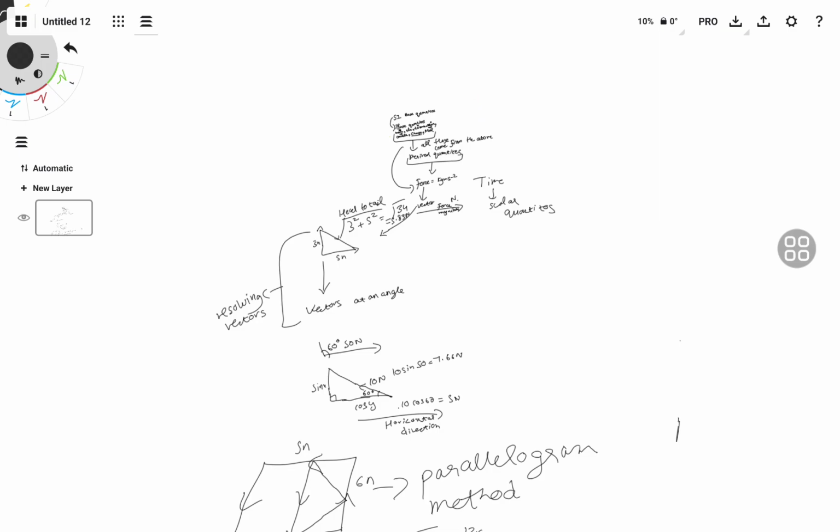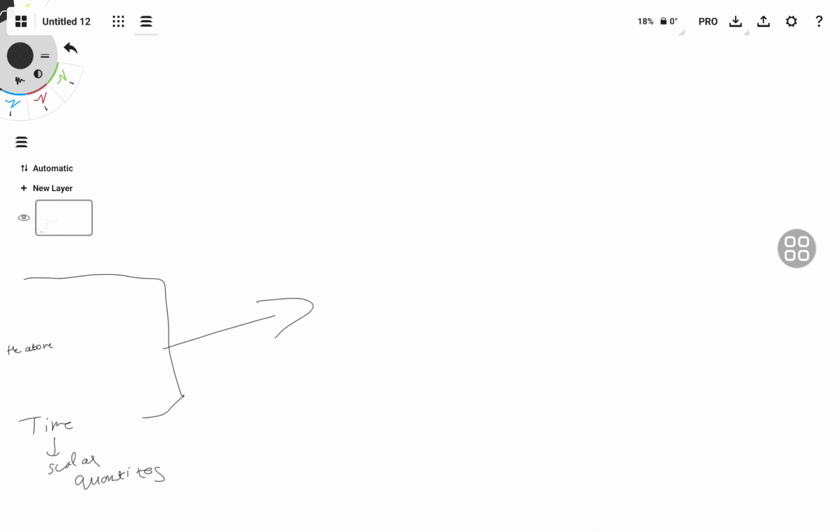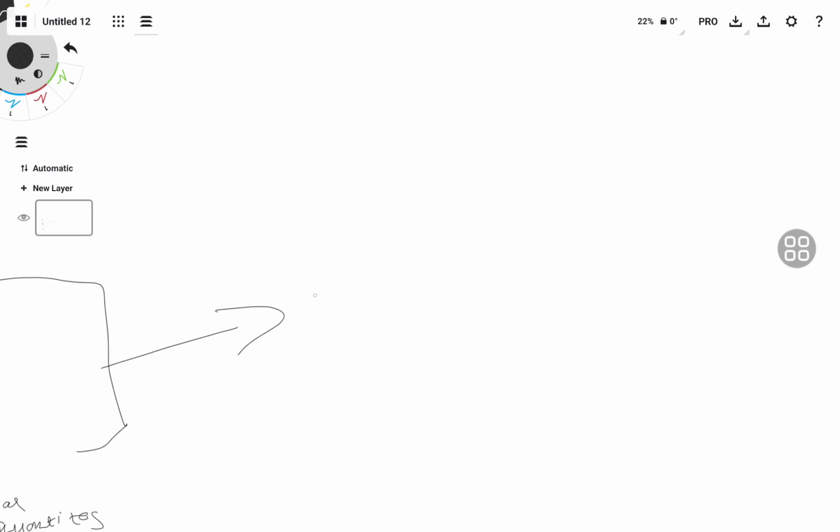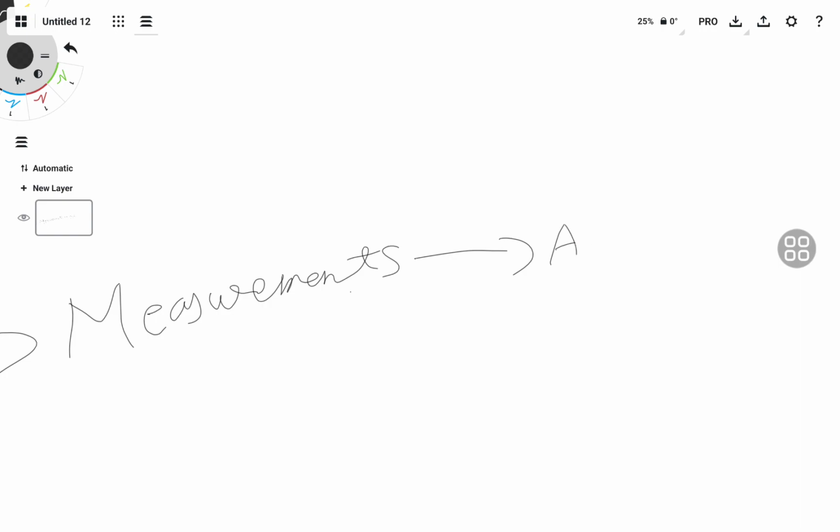If we count this, here we have a branch of SI base quantities. These will be measured using uncertainty, accuracy, and precision. No, let's do measurements. These would be the measurement topic. Measurements. This would have accuracy and precision plus